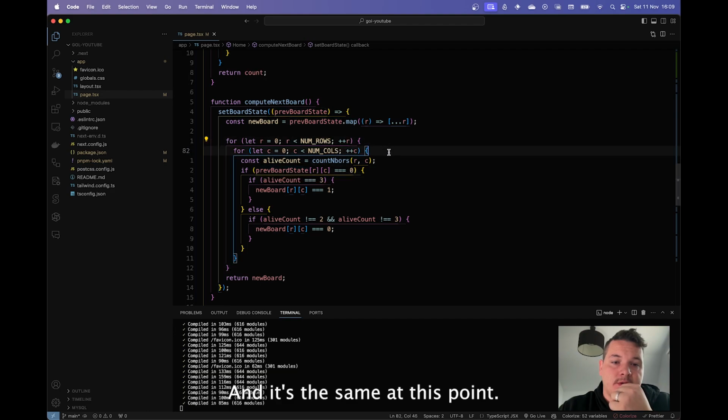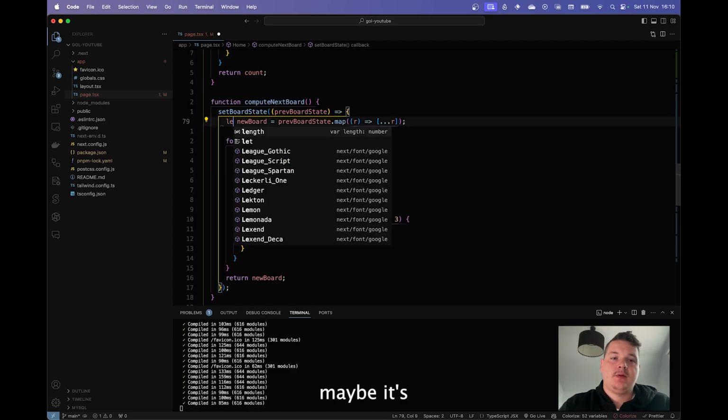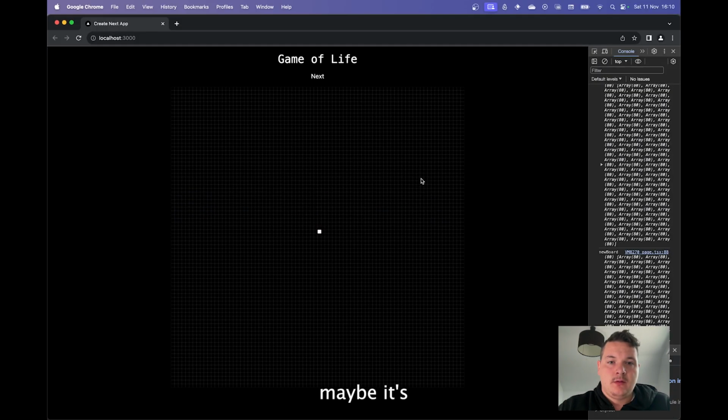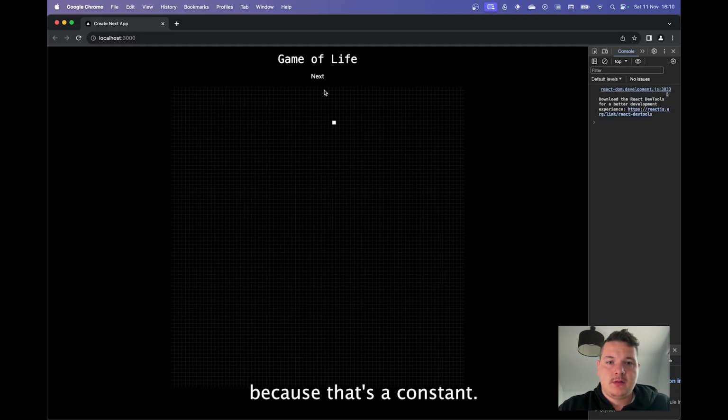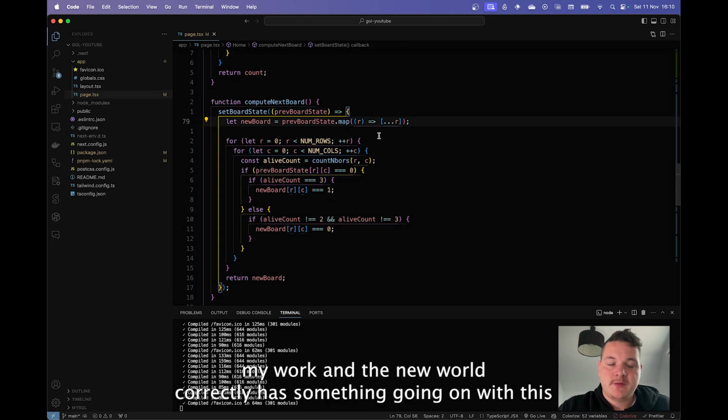It's the same at this point, ultimately. Maybe it's because that's a constant. Shouldn't have stopped me doing it though, right? New bod, previous bod state. We're getting the new bod correctly. There's something going on with this